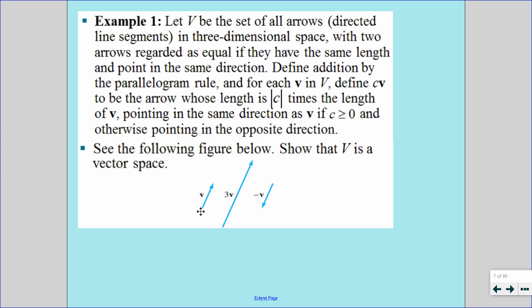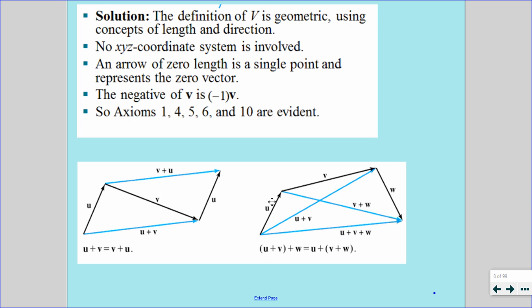So if you define v to be an arrow in this direction at this magnitude, this is what 3v would be, and this is what -v would be. That's just demonstrating what is going on with the geometry of the vectors, and this is exactly like the geometry we learned about vectors way back when. So if we want to determine if V forms a vector space,